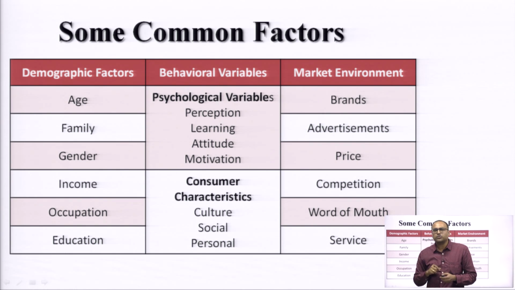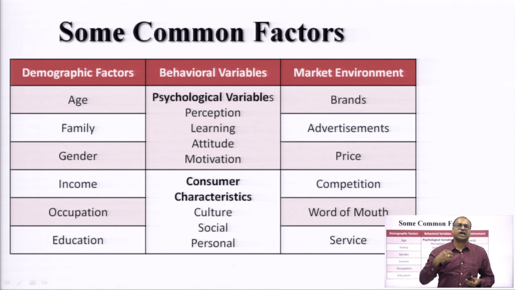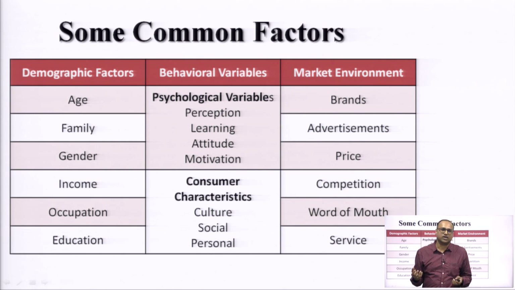Then come down to consumer characteristics. It's culture, social and personal. Culture: we have grown up, referring to the Indian society, being given a lot of inputs by our family, by our society, by our culture. We are being taught by history, a lot of examples are brought up to us from history, from our culture and from the society, and that actually molds us as a person. Me as a person has got lots of thoughts which comprise a lot of inputs from culture, a lot of input from society and my own understanding also. This also governs my behavioral variables, fine.